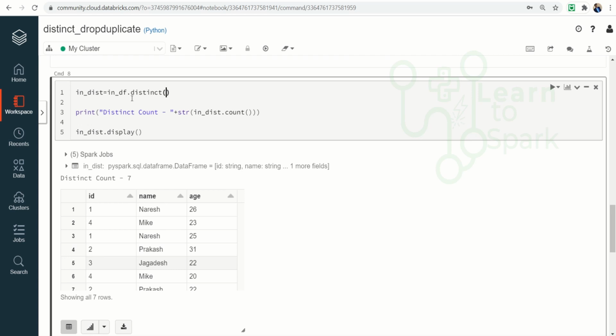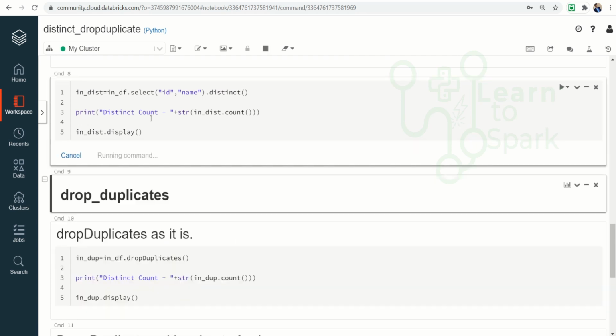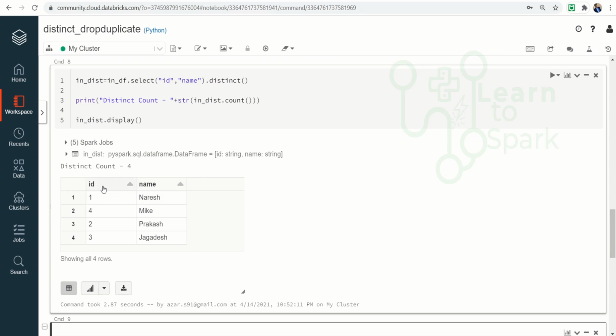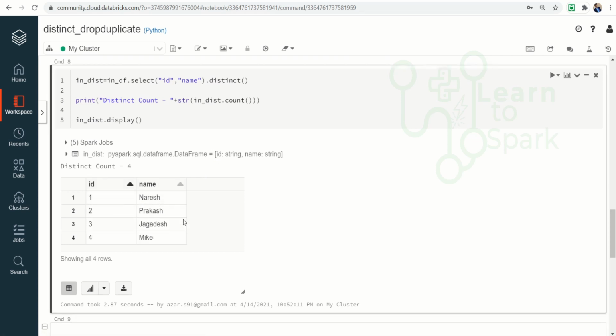The only way is to select the ID and name columns, to check the number of IDs available and the names without any column level duplicates.